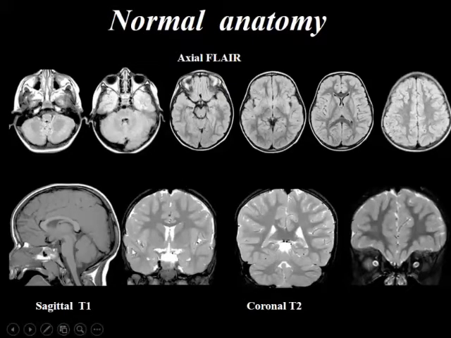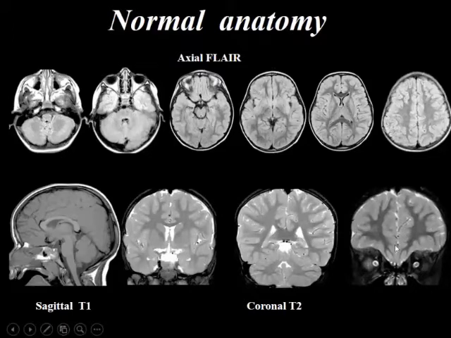Similarly, you have coronal sequences. This is a coronal through the frontal horn. The midline structure is the third ventricle. And as you go posteriorly, you start seeing the body of the lateral ventricles and the cerebellar hemispheres. And coronal shows the tentorial leaflets very well. This is the left, this is the right tentorial leaflet, which is very well seen. And again, to evaluate the optic nerves, coronal STIR sequence. What is STIR? Short tau inversion recovery.